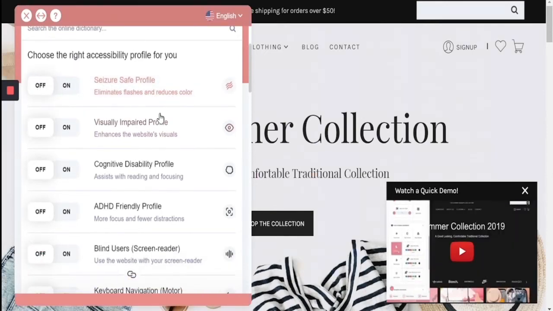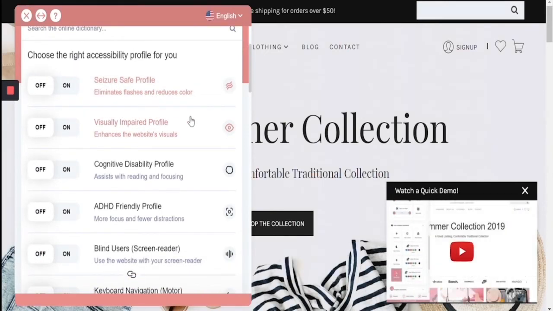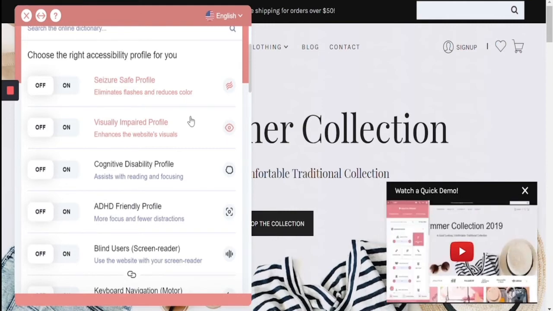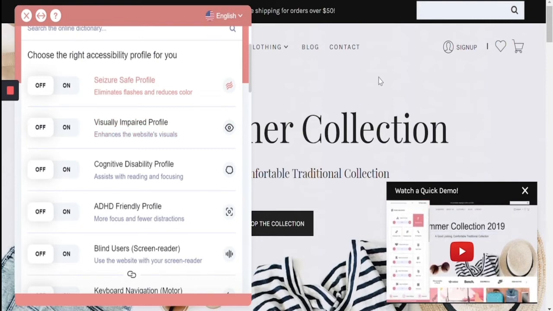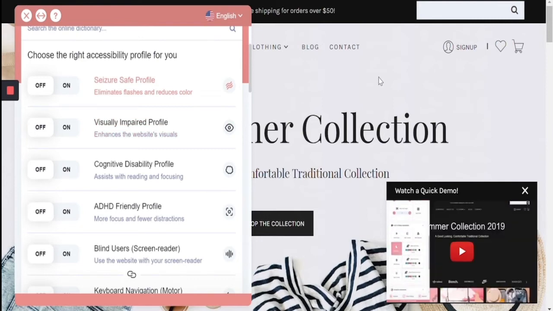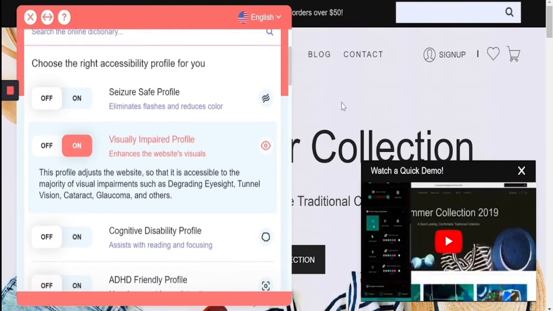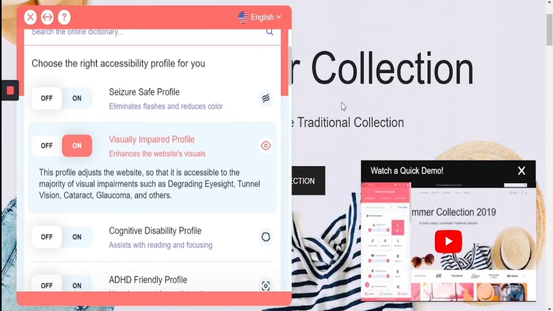The next profile is the visually impaired profile, which enhances the website's visual in order to allow people with specific minor visual impairments to optimize and enhance so that they will be able to see and operate the website in a more user-friendly way. When I turn on the profile, you'll see that the scaling has been increased by 100%,